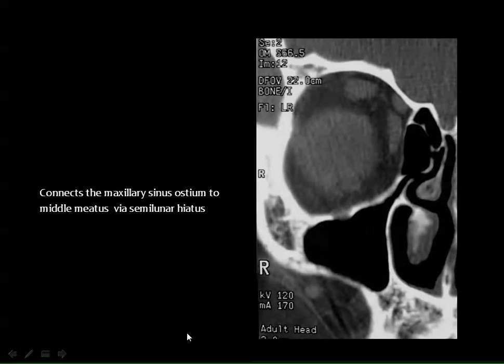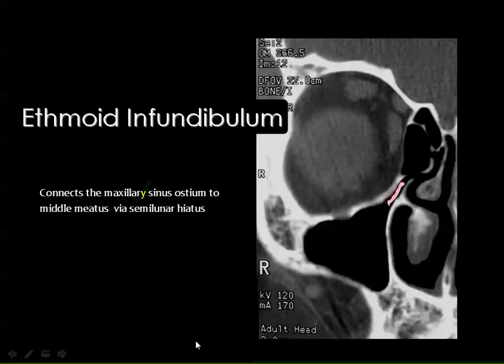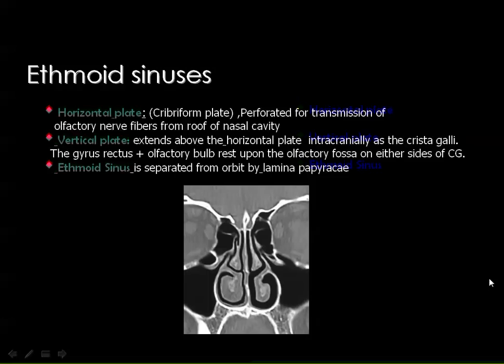Then if you magnify this and you look at this passage, this will form the ethmoid infundibulum, which connects the maxillary antral ostium to the region of the hiatus semilunaris, and finally to the middle nasal fossa. The ethmoid sinuses are formed of three parts, and the horizontal part is a famous bone known as the